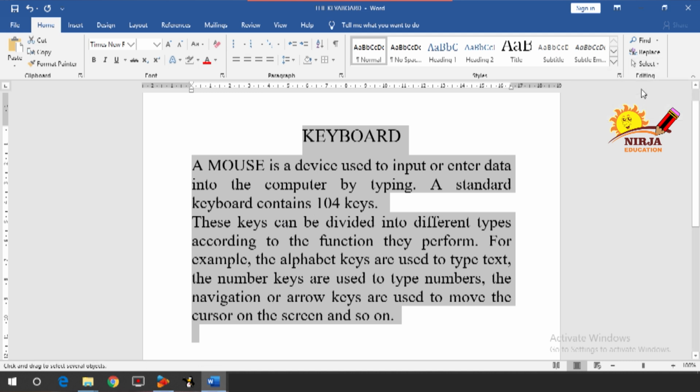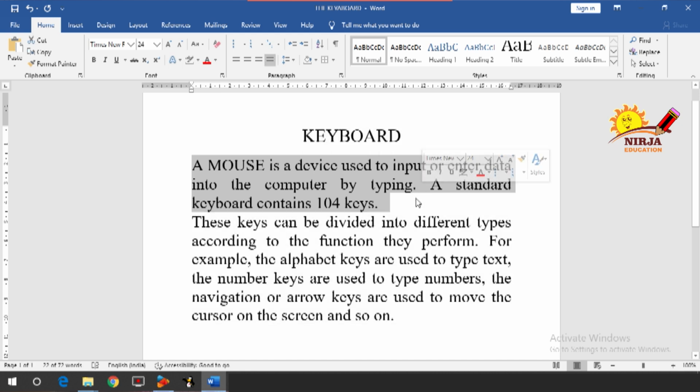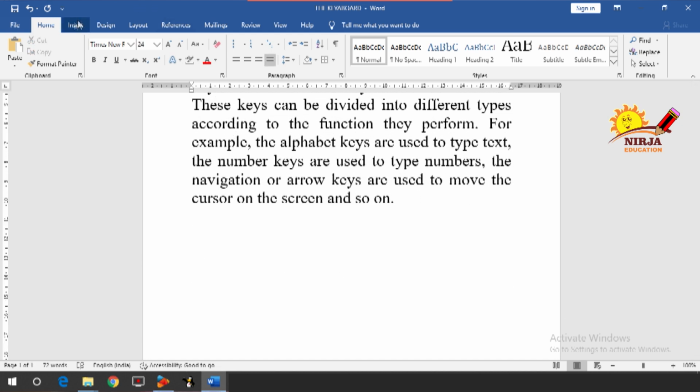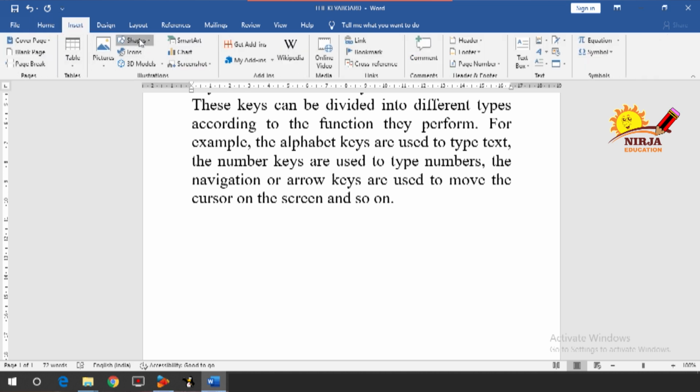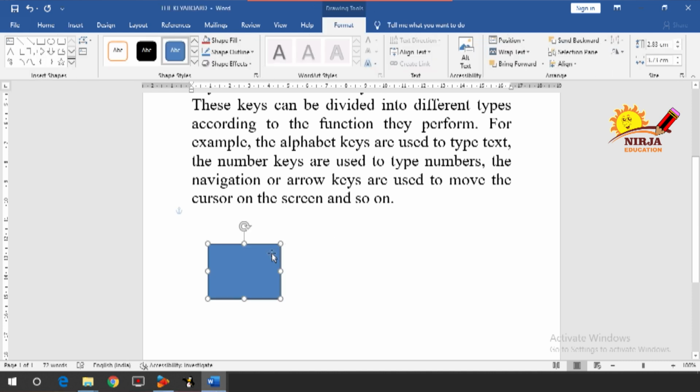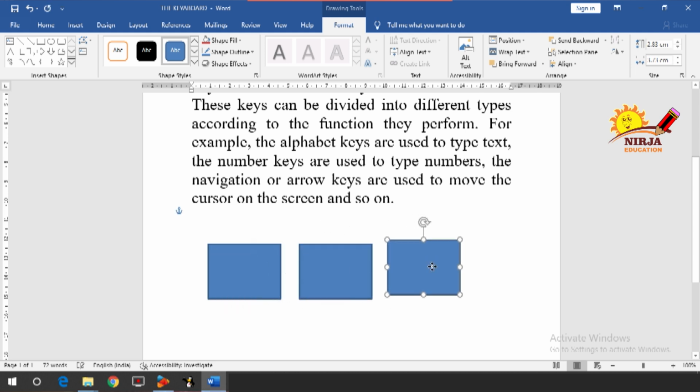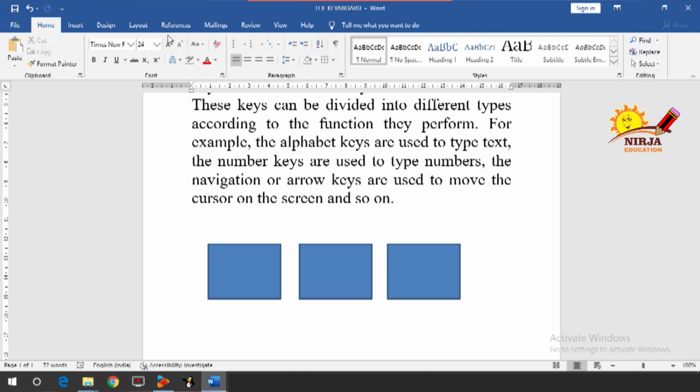Then Select Objects. Now for that I am going to insert 2-3 shapes over here so that you can have an idea how to use that option. Now how to use this select option for the objects.